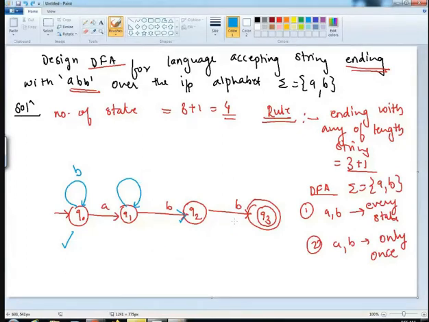Now student's query will be, madam, can't we give this to Q0? You can give this to Q0, but in this case, what will be the condition? अगर machine को A, B, B को जाना है, तो machine इस case में नहीं जा पाएंगी. Now let's see how.